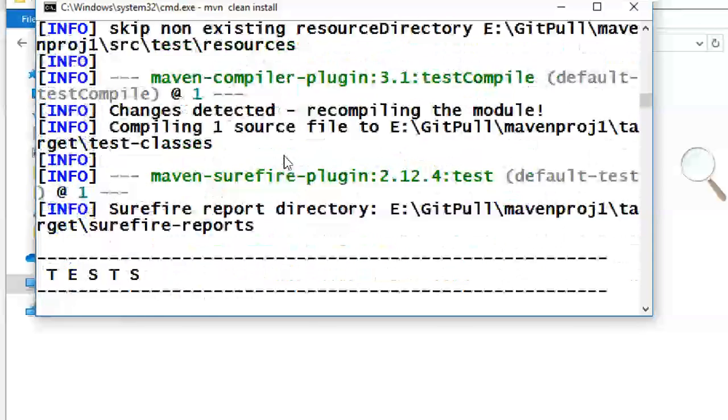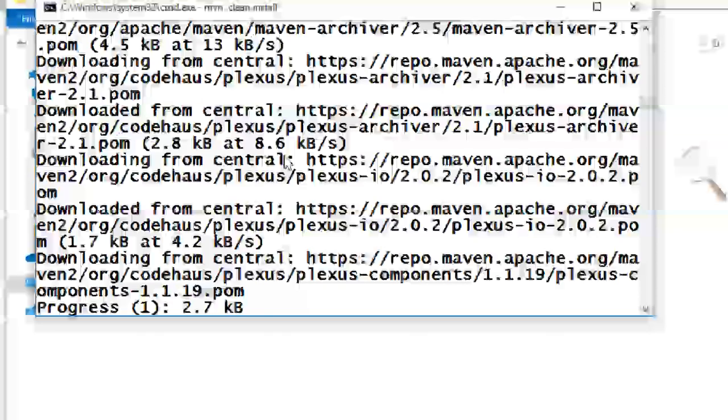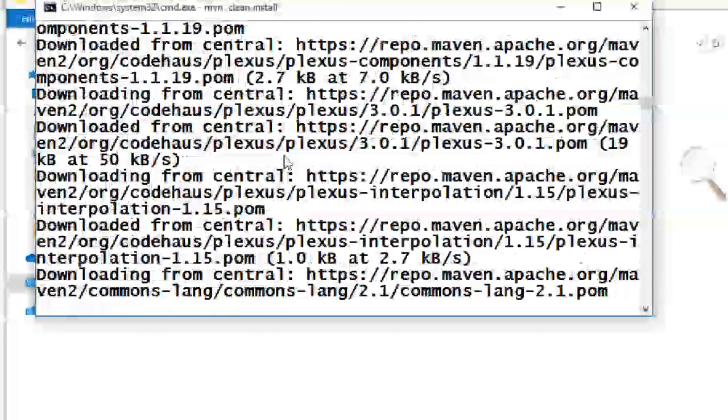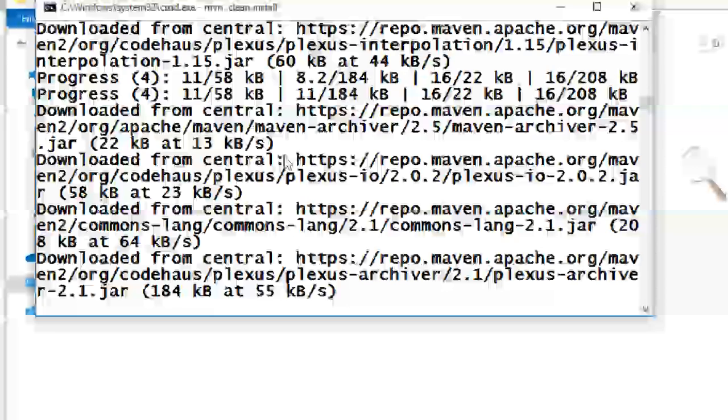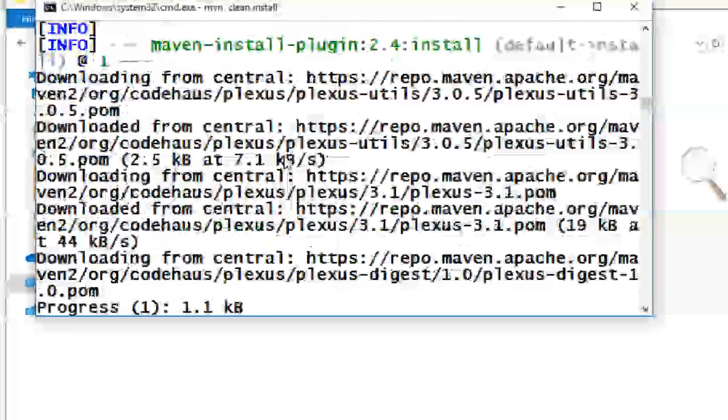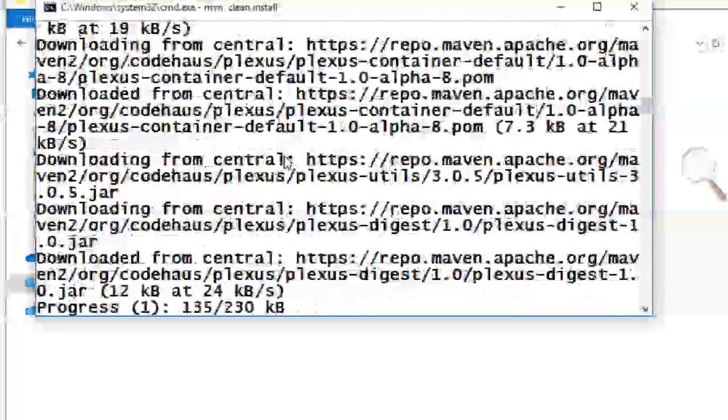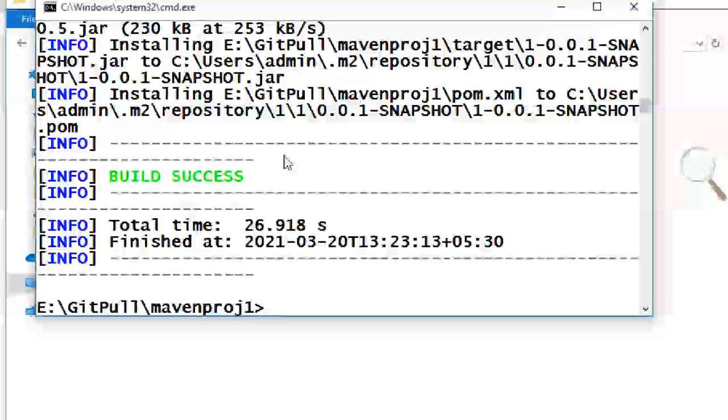Okay, test. So this is what we are doing manually: I took the source code from git, and I'm doing all these things in a cmd prompt. How to do the same thing, same Maven